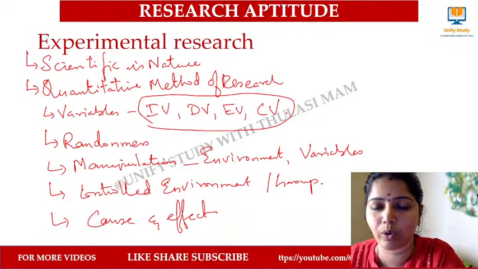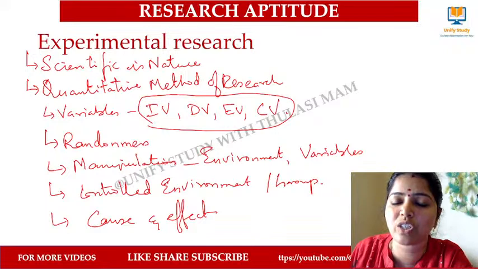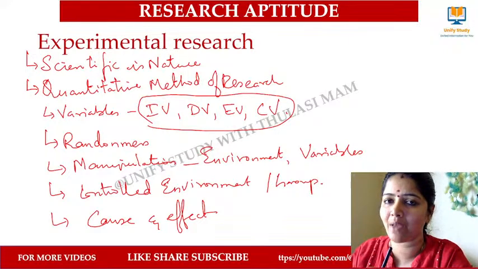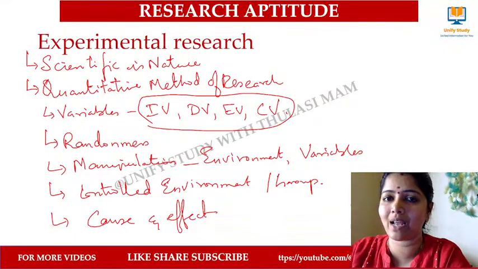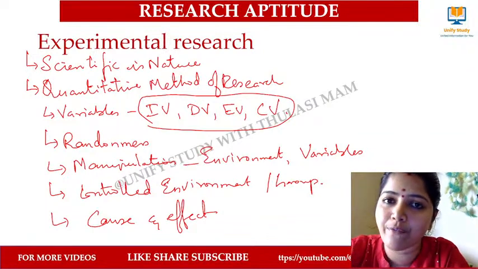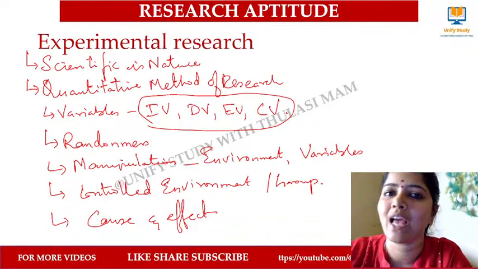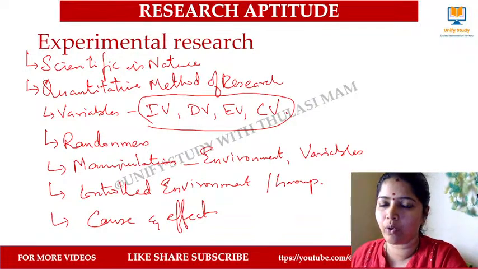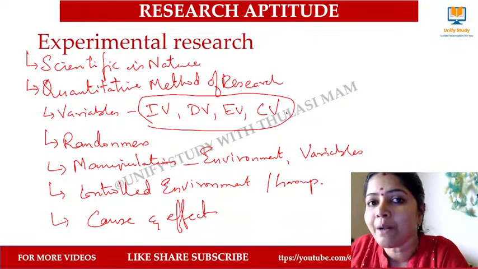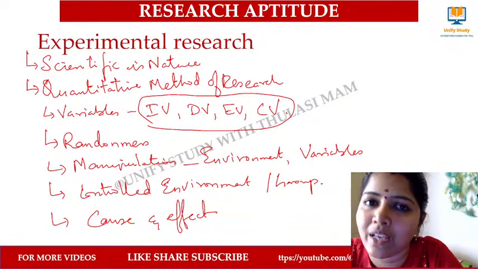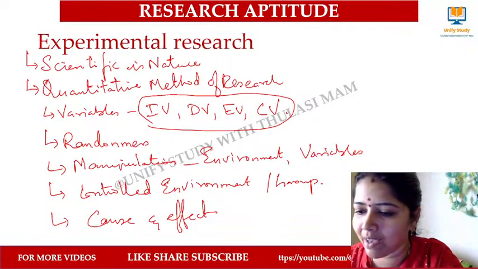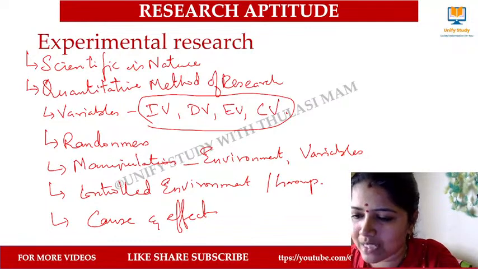And cause and effect. What do you mean by cause and effect? Experimental research mainly depends on cause and effect. Who will be the cause? Here I am the independent variable giving you content, and you are the dependent variable. The effect can be seen on you. If I want to see a change in the effect, I make a change in the cause. Whenever I change something I'm giving, that change is reflected on the dependent variable, that is, the student. Clear? Yes, exactly.